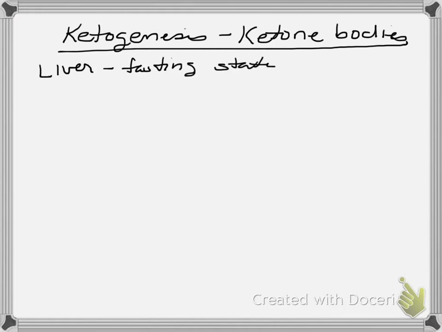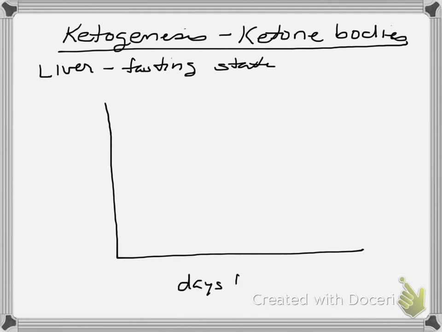Now, in order to orient ourselves with the response of ketogenesis in a fasting state, let's look at our time course graph that we've seen before. But first, notice on the x-axis we are looking at days of fasting for ketogenesis. Recall when we talk about the initial fed and fasting states, we're talking about hours. So on this scale here, we're talking approximately 30 to 40 days.